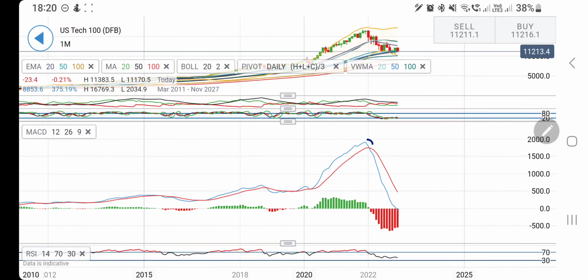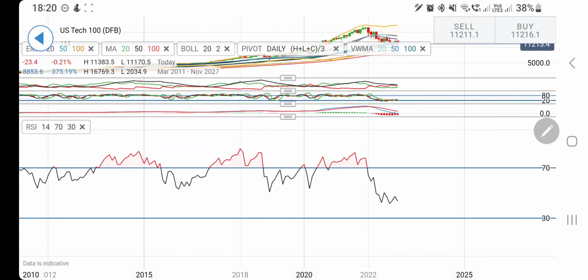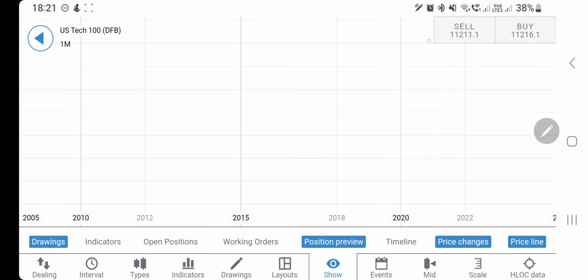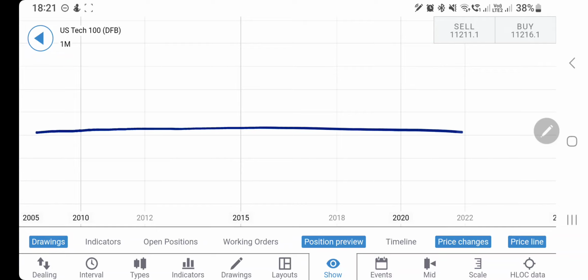The MACD is, see, at this point we saw this, I told you that it has crossed over and it may trade bearish. It has traded bearish. So far it has achieved the plateau here, and now the possibility for it to trade green exists. The RSI is looking downwards. So we have seen the charts, we have seen the indicators. Time for us to define the trading levels and strategy for next week.